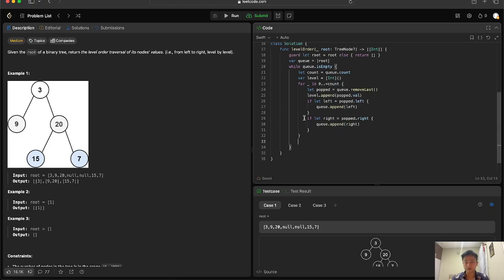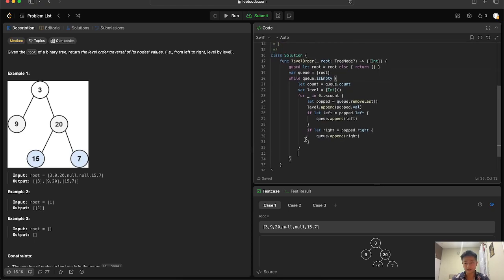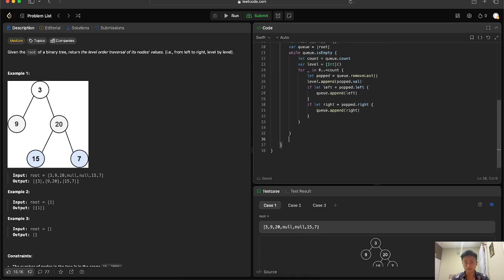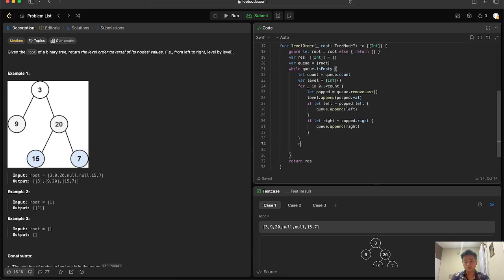And then after we popped off everything from the queue based on the initial queue count, we will add the level onto the result array. Result append level,